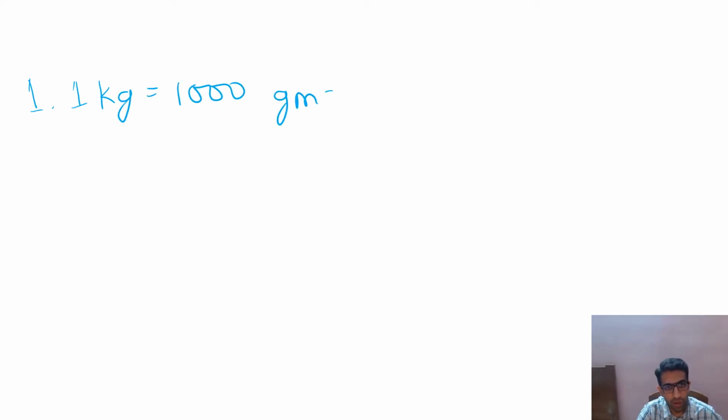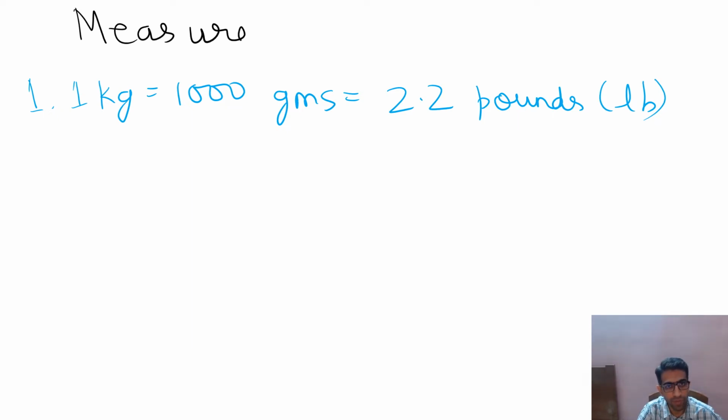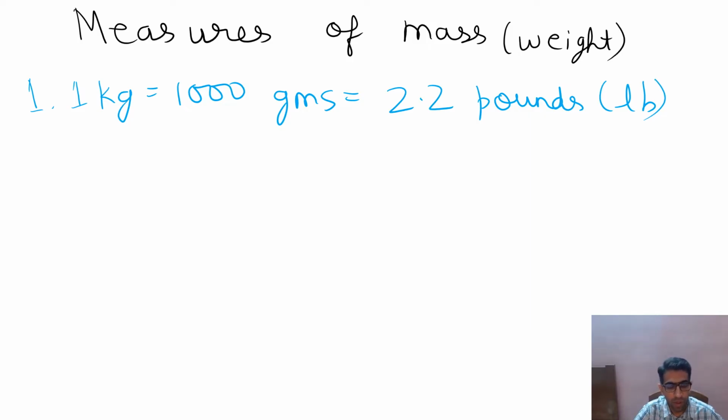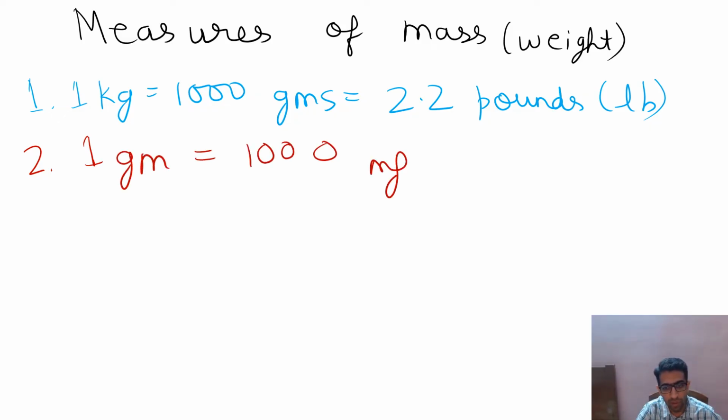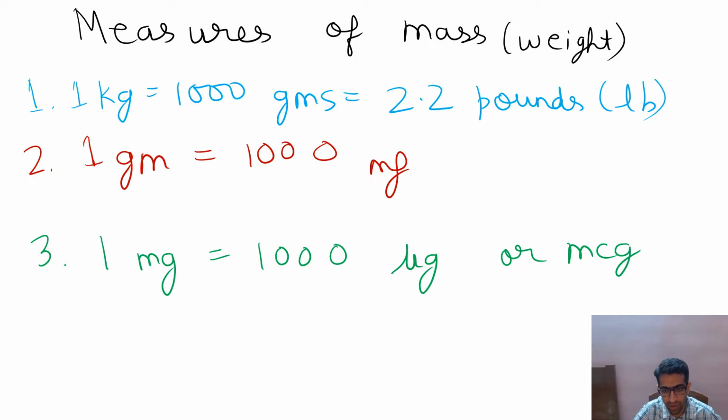Then talking about measures of mass. Measures of mass or weight are: 1 kg equal to 1000 grams, which is equal to 2.2 pounds, also known as LB. We are talking about measures of mass. Then 1 gram is equal to 1000 milligrams. Clear so far? Great, excellent. And 1 milligram is equal to 1000 microgram. The last unit here is 1 grain, which is equal to